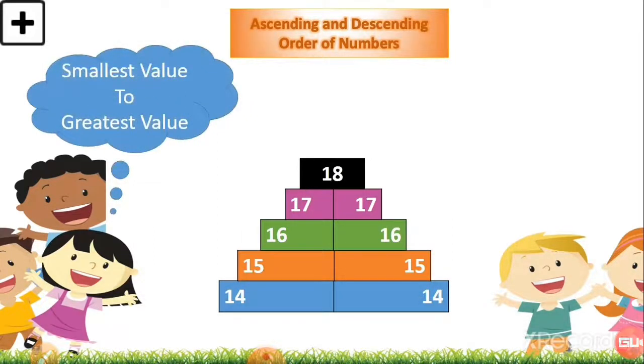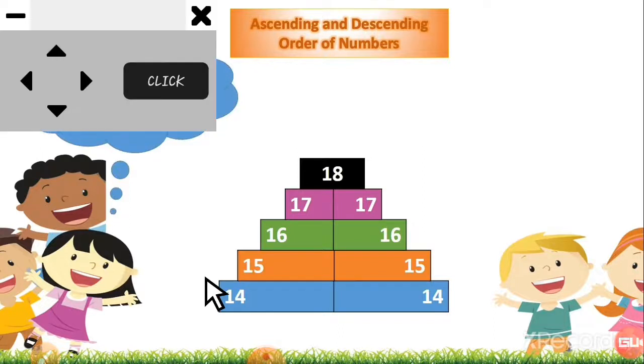understand. What is this? Okay, see, first cloud is here. So what is there? Smallest value to greatest value. What does it mean? Smallest value. So here you have to take the smallest value first. So can you tell me, can you find which is the smallest value here? See here, I'll show you by the arrow. See here, this arrow, this side.